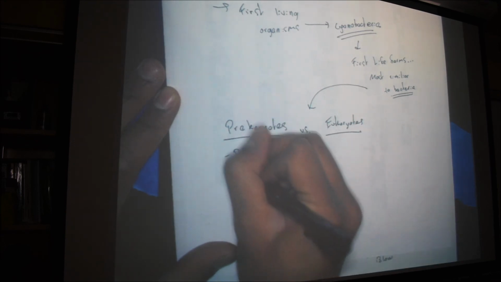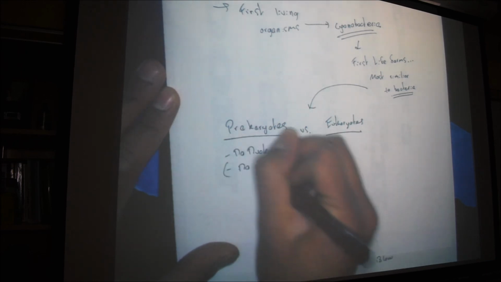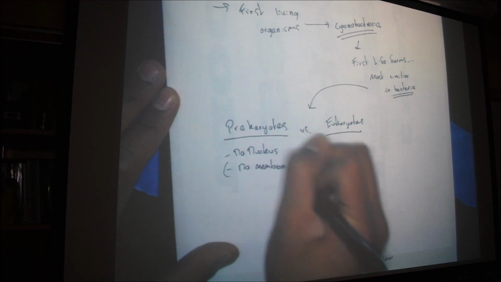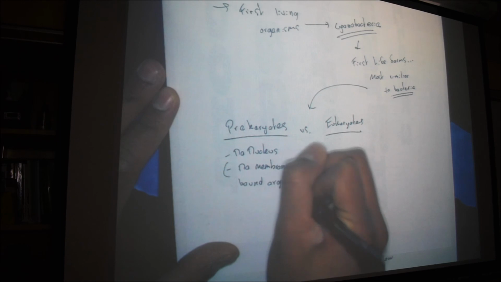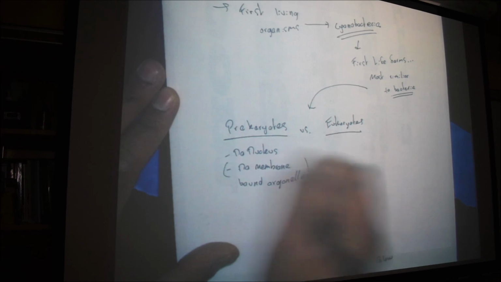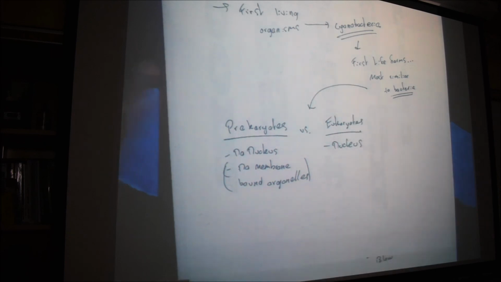No membrane-bound organelles, right? And a nucleus would be a membrane-bound organelle. And right here you do have a nucleus. Let me look at my notes really quick. Let me see if I'm missing anything. Let's see. Yeah, so the only thing, right, you could think about,